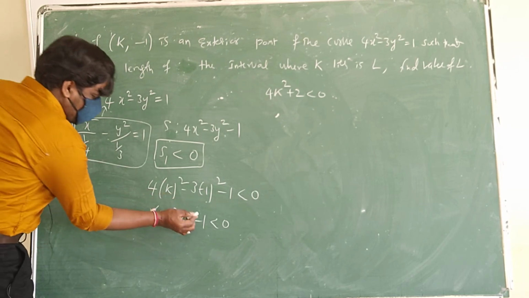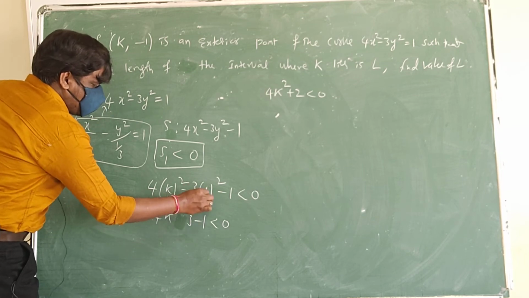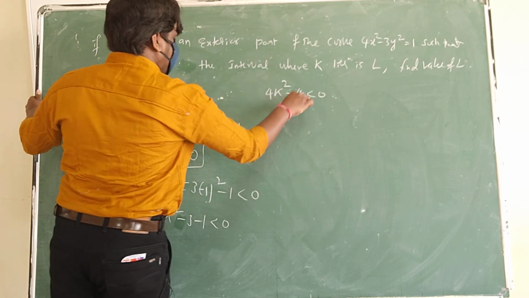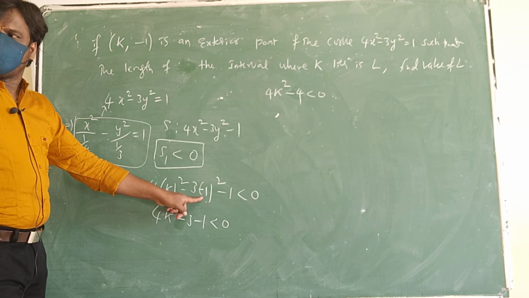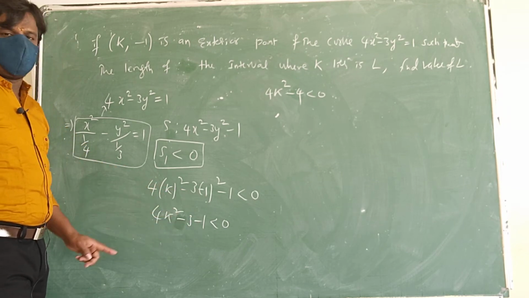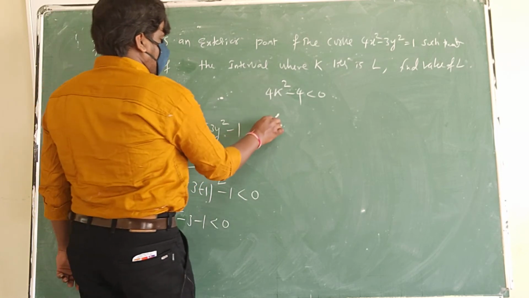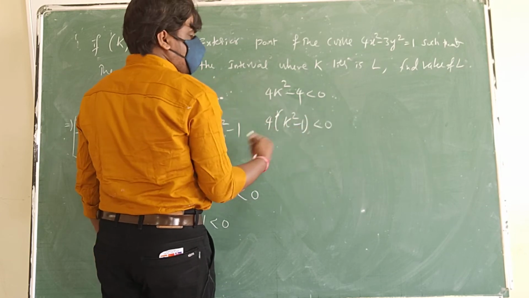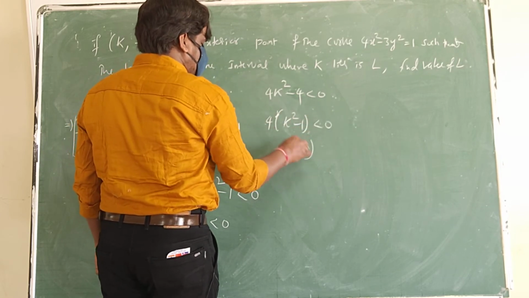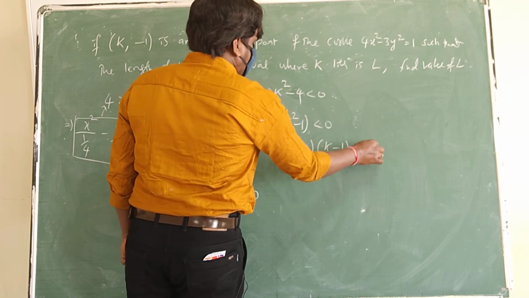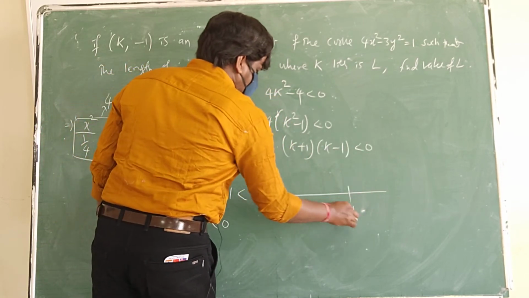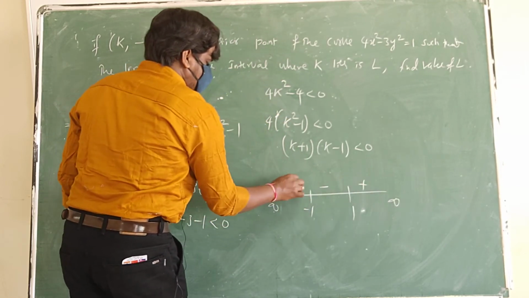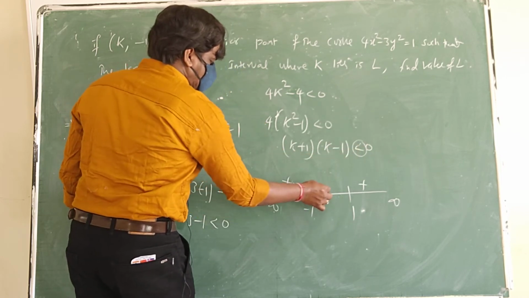Okay, you are going to get minus here. The reason is minus 1 square is positive, so you get minus 3, so you get minus 4 here. Minus 1 square is 1, 1 into 3 is minus 3, minus 1 minus 3 is minus 4. I can take 4 common, and I get k square minus 1 less than 0. Sending 4 to the other side, 0. K square minus 1 I can write as k plus 1 into k minus 1 less than 0, and you know the wavy curve method: you have 1 and minus 1, with infinity and minus infinity, plus minus plus. This is negative, less than 0, so the minus region is the answer.